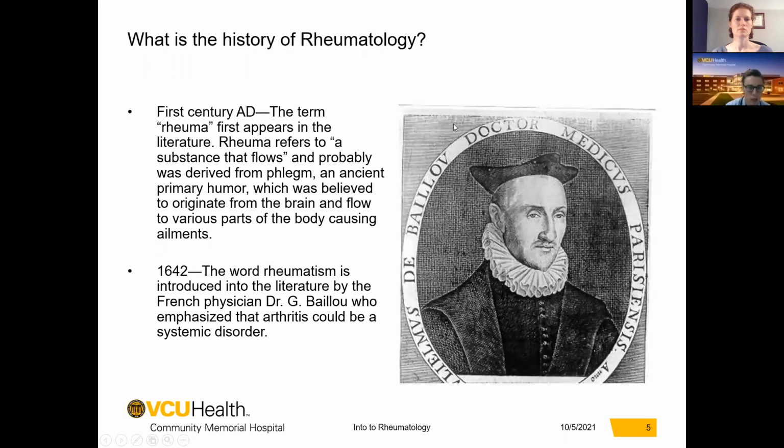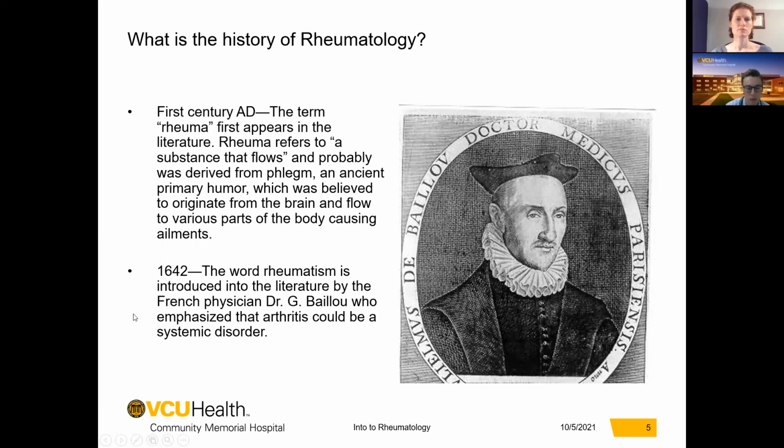So some of the history of rheumatology: it was first defined or discussed in the 1st century AD. The term rheuma, that old-fashioned term we've talked about already, is derived from the definition of a substance that flows, which is phlegm. So the old medical thought was that the different humors have an effect on different ailments. And then in the 1600s, that system starts to modernize a little bit. Then you get the first concept of rheumatism and a potential